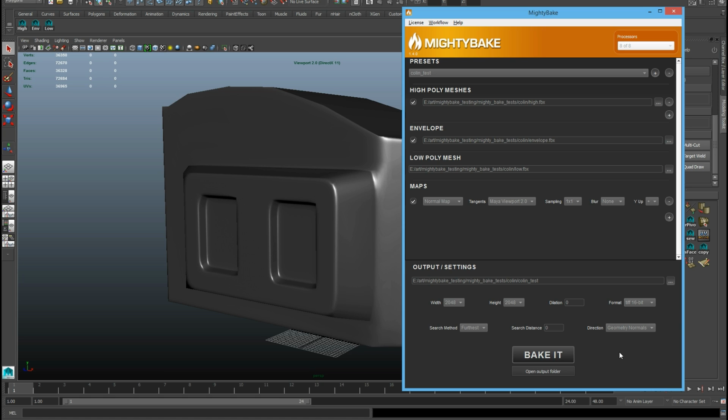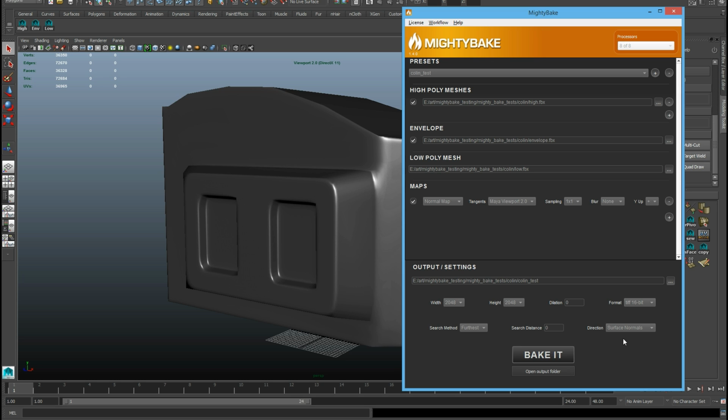The geometry normals will bake seamlessly across hard edges that you've set on the model, and by hard edges I mean a smooth or soft edge, or like a smoothing group in Max, but at the risk of having higher levels of distortion across the surface. The surface normals will bake really good non-distorted normal maps, but